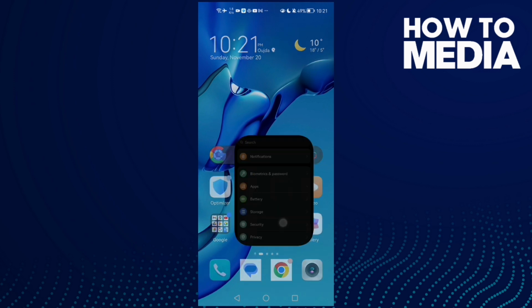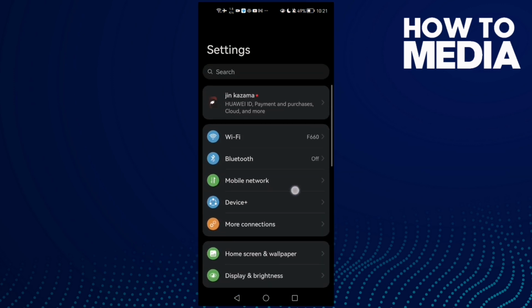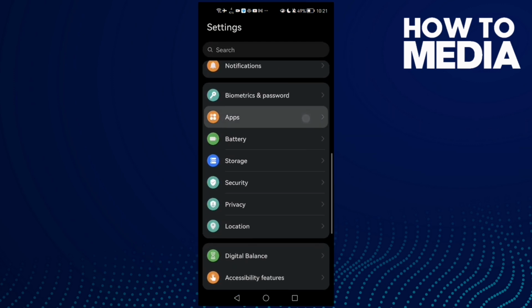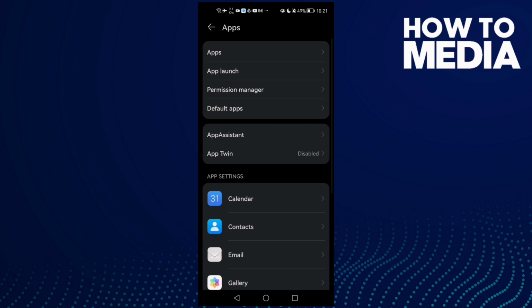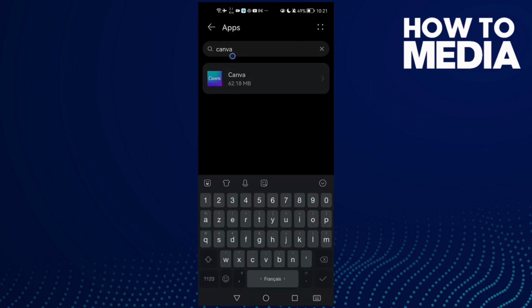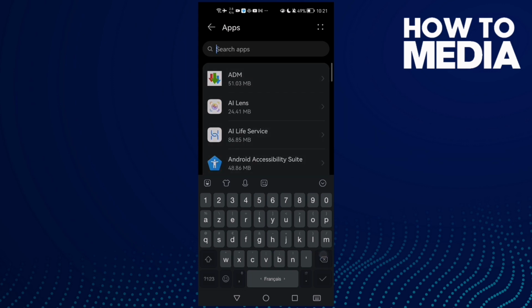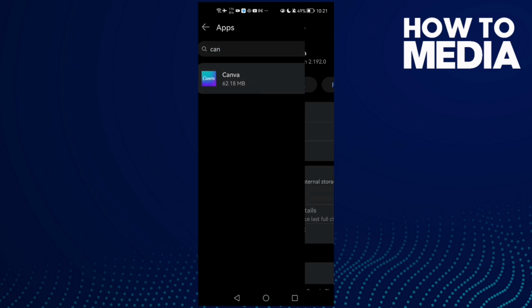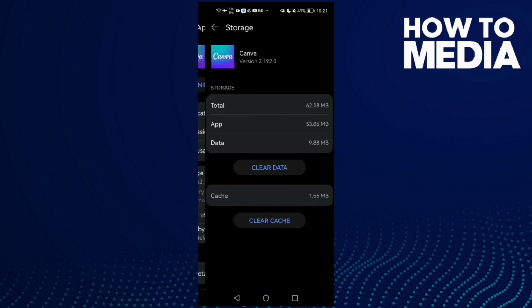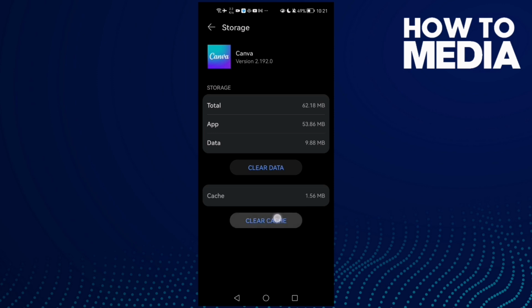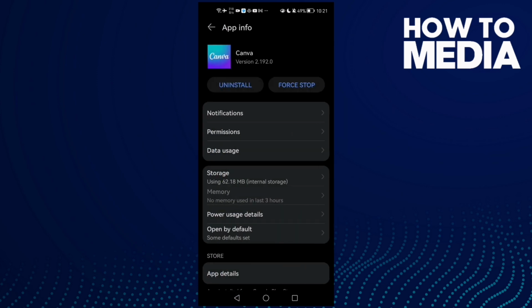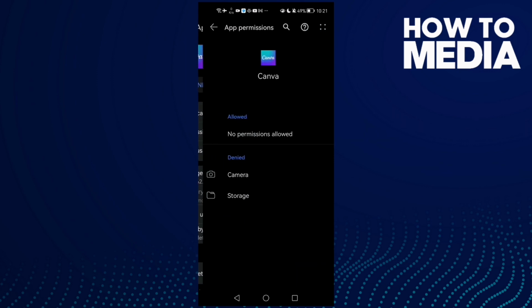First, open settings and here scroll down until you find apps and then click apps again, and here type Canva, click on it. Now click storage and then clear cache, and now go back and try to save it again, and if that doesn't fix your problem, click permissions and